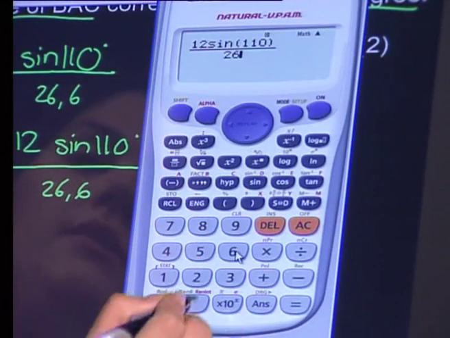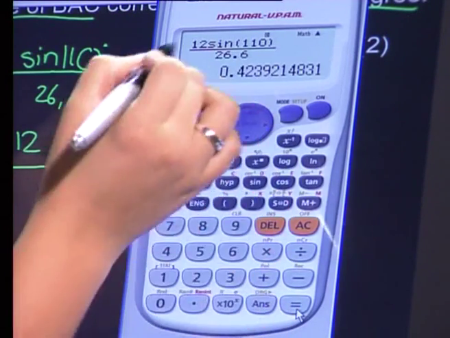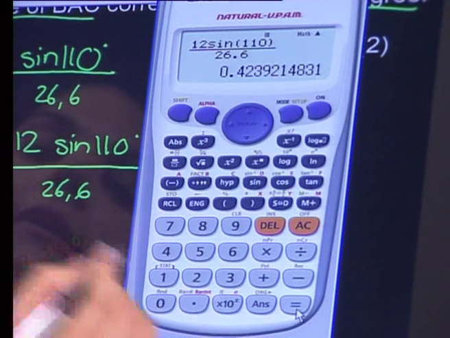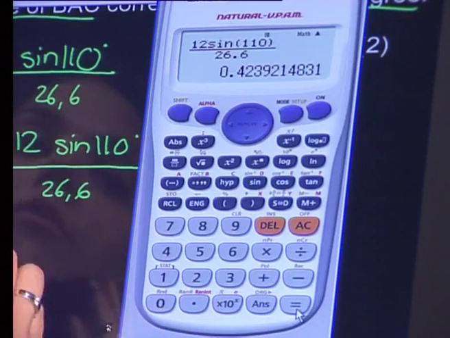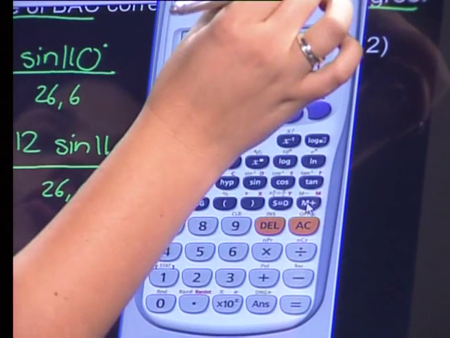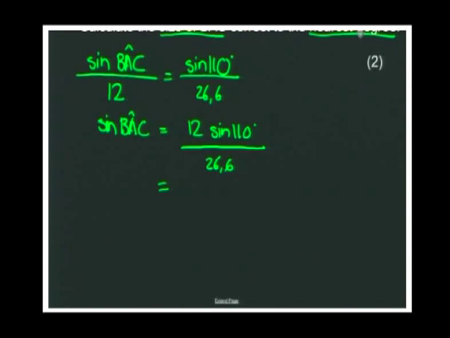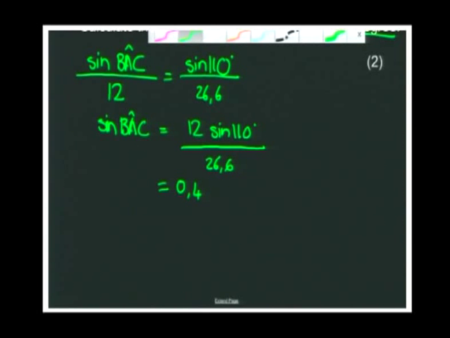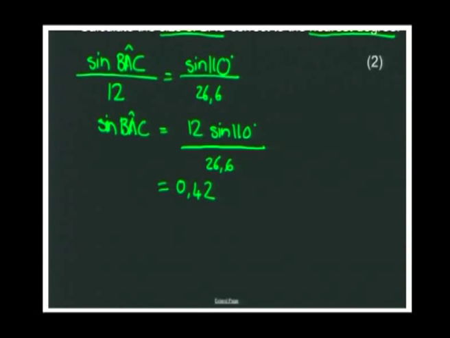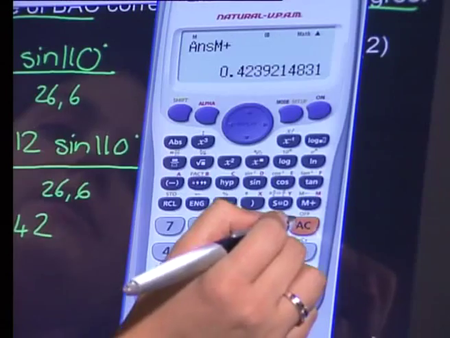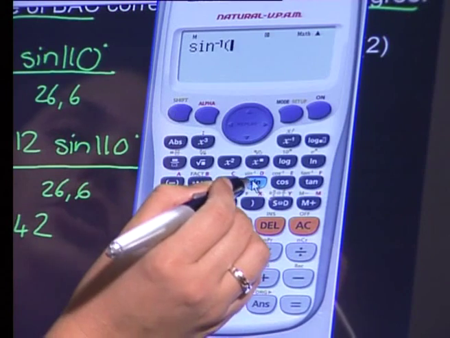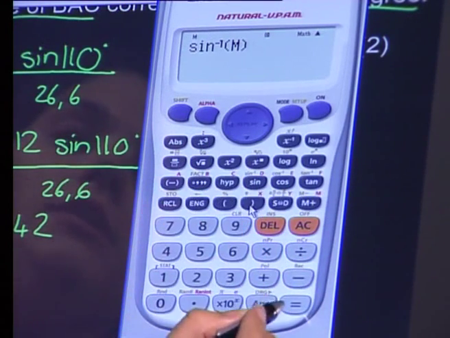And of course, that's our 26.6 equals to 0,4239. And when I write this in here, within the question, I'm going to round it off, but I'm now putting that into my memory so that I can use the full answer in a short while. So sine BAC is now equal to 0,42, sorry. Now we want to find the angle. So again, we're now going to use our second function, and we will recall the memory to do that so we can use the entire value. So we start off by saying second function sine, recall our memory value that we've got, is equal to